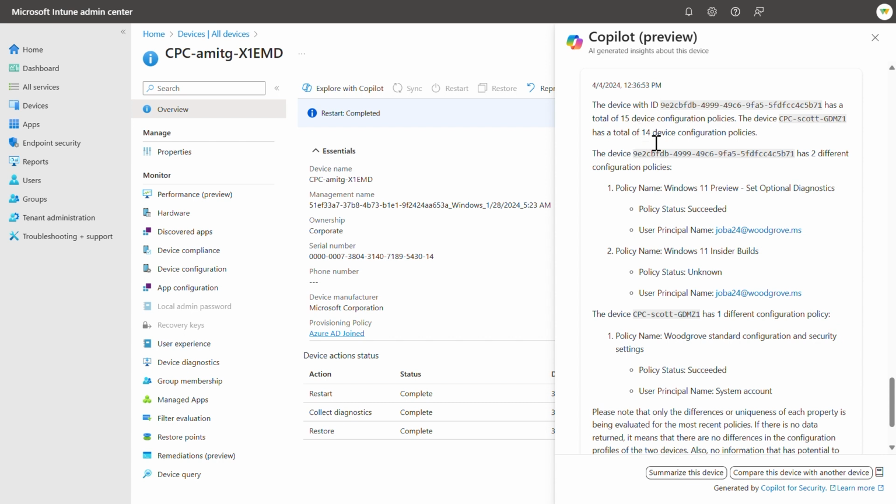I would have had to go through all 15 of the configuration profiles for the first device, 14 for the second device, to be able to figure out where the differences lie. Copilot's given me that answer right away. I can now drill into these specific policies, get summaries of them, and try to understand if either of these might be correlated with the issue I'm experiencing, and get that end user's situation resolved as quickly and efficiently as